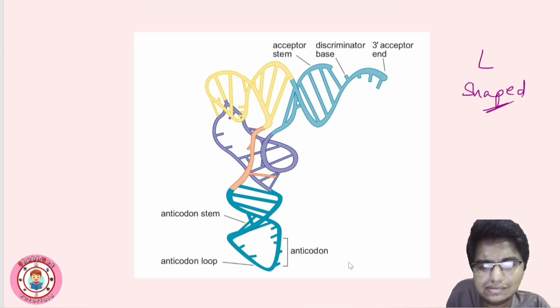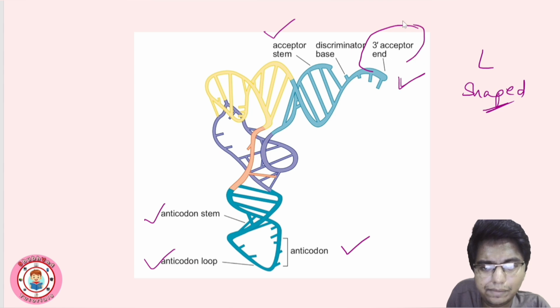Here also we can see the anticodon. Okay, here is the anticodon stem, anticodon loop, same structure. See here now the acceptor arm. Okay, acceptor stem, and here is the 3' acceptor end. Okay, so this is called a 3' acceptor end, which is having a